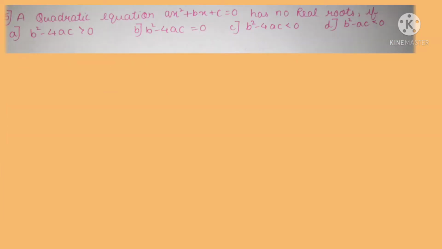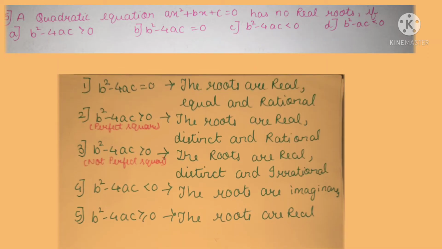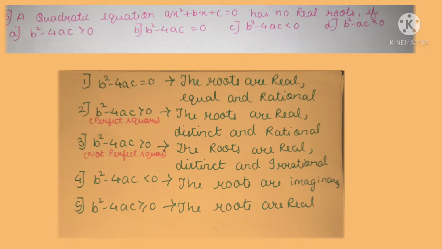So the fifth main question. The question is: a quadratic equation ax square plus bx plus c is equal to 0 has no real roots, and certain options are given. It is related to b square minus 4ac, based on the quadratic formula. Here there is one solution, no solution, infinitely many solutions. According to the graph, we have explained this in a separate video. In the description box I have specifically mentioned the link, and you may also get it at the i button.